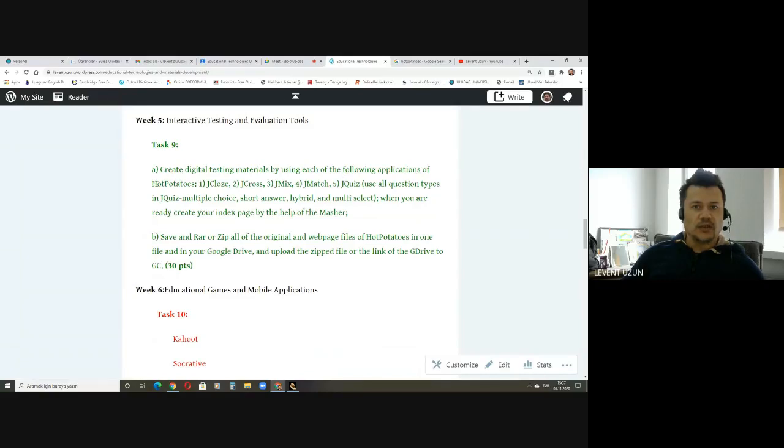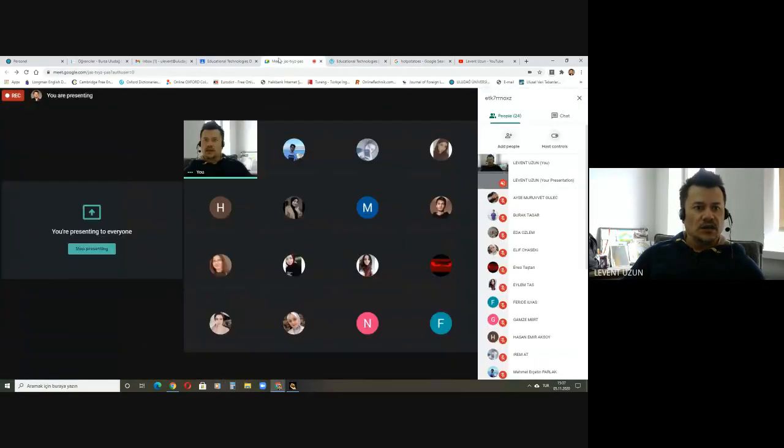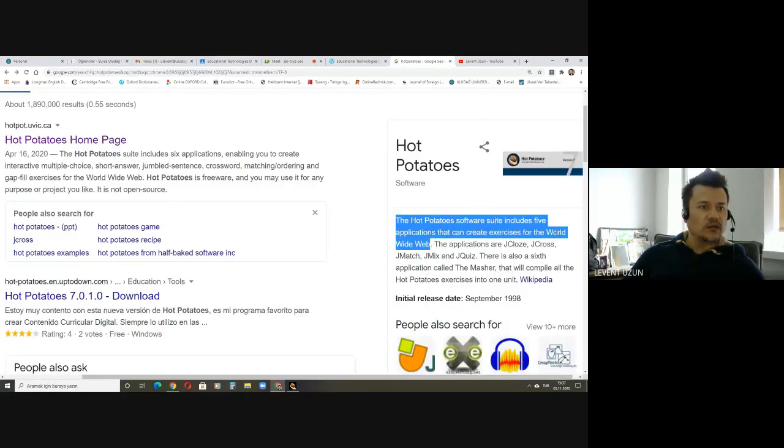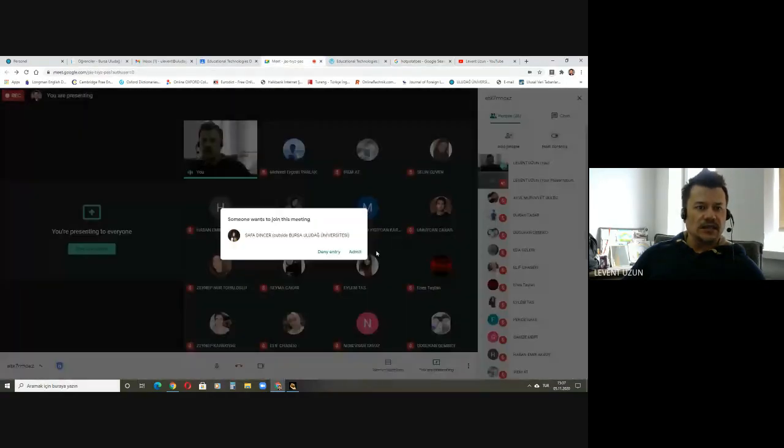We will use HotPotatoes software, and this software allows us to create some online digital exercises. As you have noticed here, the HotPotatoes software suite includes 5 applications that can create exercises for the internet, World Wide Web, www, right? The applications are cloze test. I'm sure you know what cloze test is. Fill in the blanks. The other one is crossword puzzle, matching exercises,